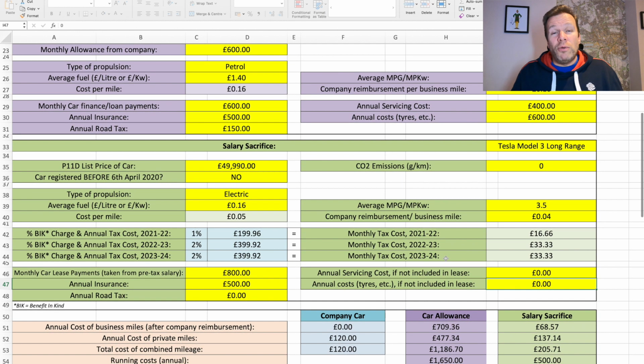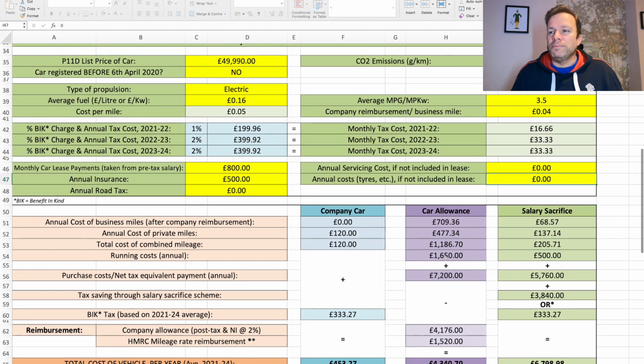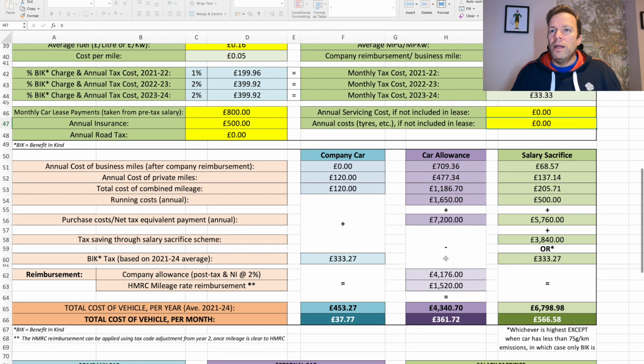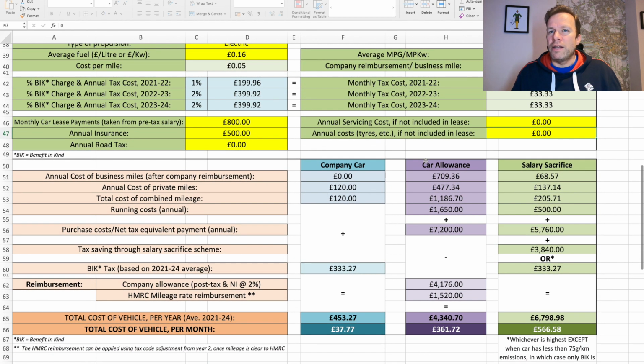And then as you scroll down, you get the maths, you get the important bit. So what does this mean? So if I look at the company car and car allowance, salary sacrifice, these are the columns that we're going through, the rows that we're going down. So first of all is the annual cost of the business mileage after company reimbursement. So for a company car, it's 0. At the end of the day, the company will almost certainly be paying for your fuel and then just billing